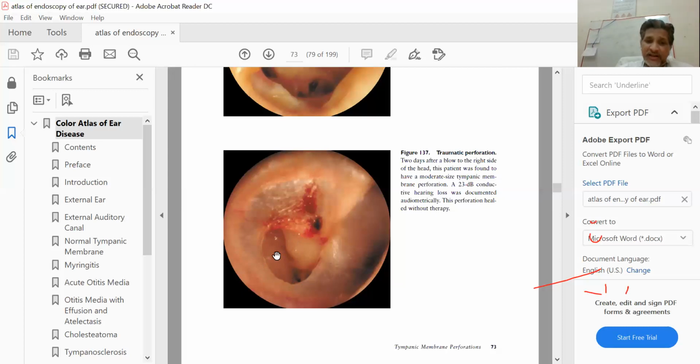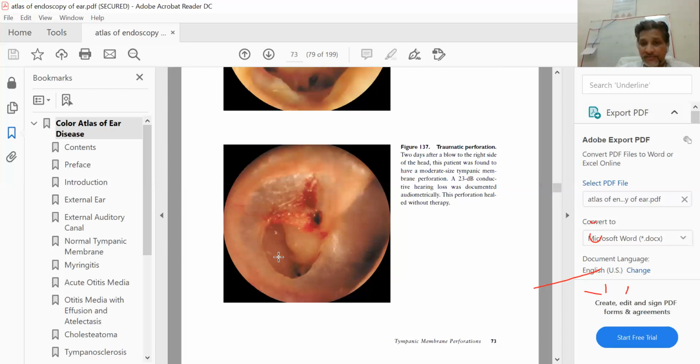So recurrent discharges, especially in the phase of healing, make it very difficult for the tympanic membrane to resurface completely. So you have to keep the ear dry in order to give it a chance for resurfacing.